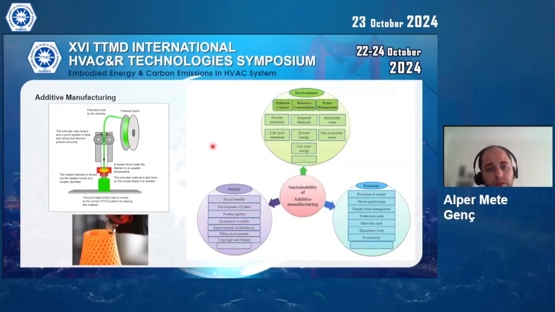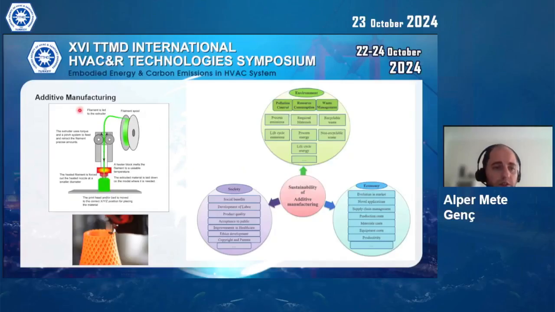And what is additive manufacturing? Actually, additive manufacturing can be used in many different fields. And you can see the economical advantage, society advantage, and environmental advantage. You can control the pollution, and in general there is no waste in the additive manufacturing method. Actually, we use the fused deposition method